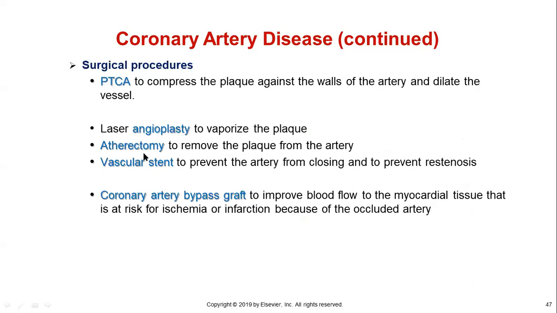Arteriectomy means something is cut, removed, or the arteries are reconstructed, right? Sometimes we use the stent. It's called a vascular stent. The stent is pushed inside the narrowed artery, the balloon is inflated, and then we remove the device, and the stent should stay there. And another one we use is called coronary artery bypass grafting,